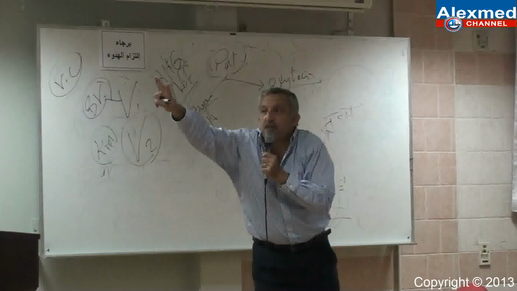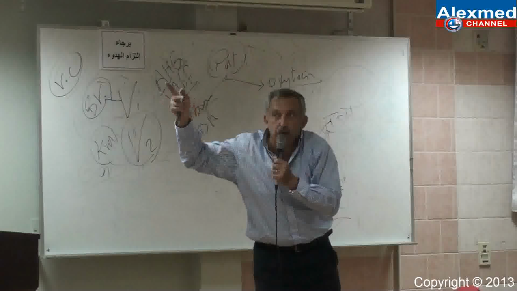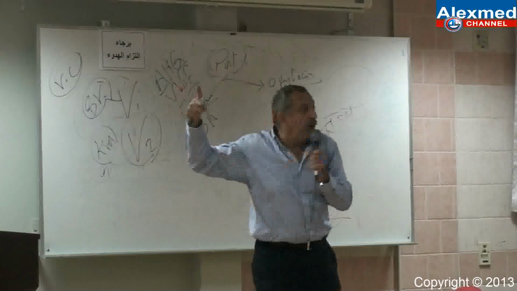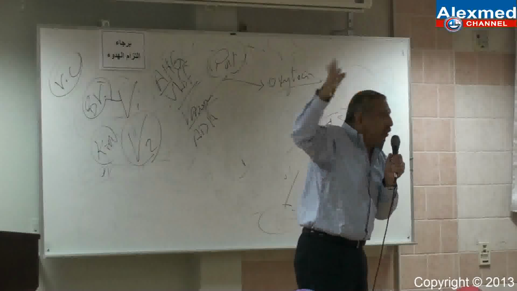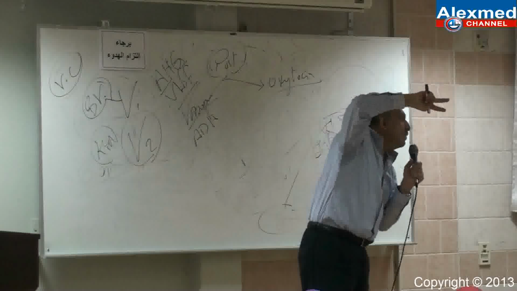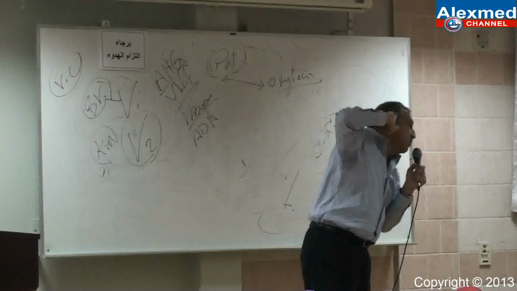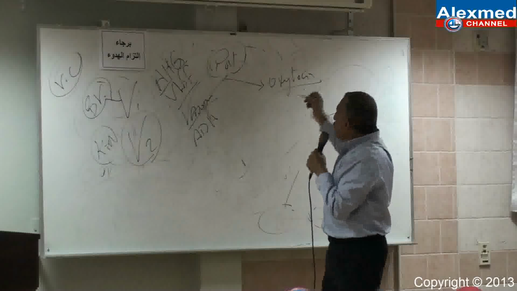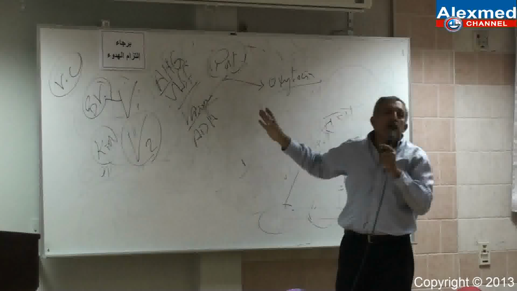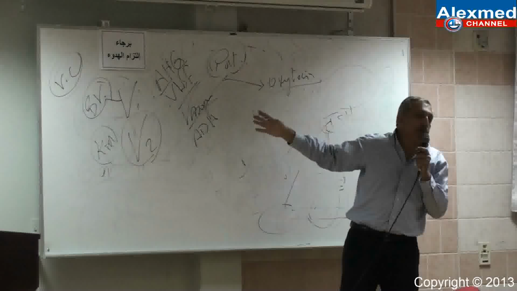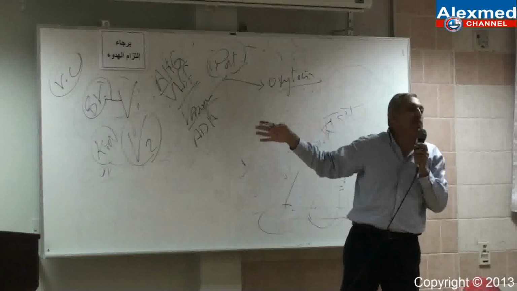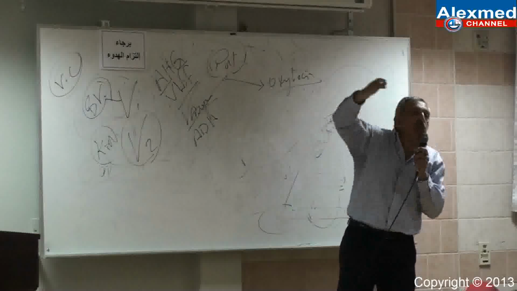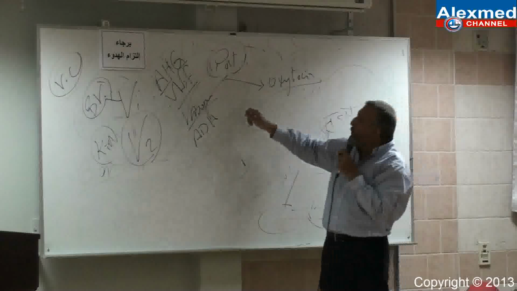Vasoconstrictor localized for two reasons. I'm going to hear them from you. One, with local anesthetic. Second, esophageal varices. What are the preparations of vasopressin? The preparations of vasopressin are: one,